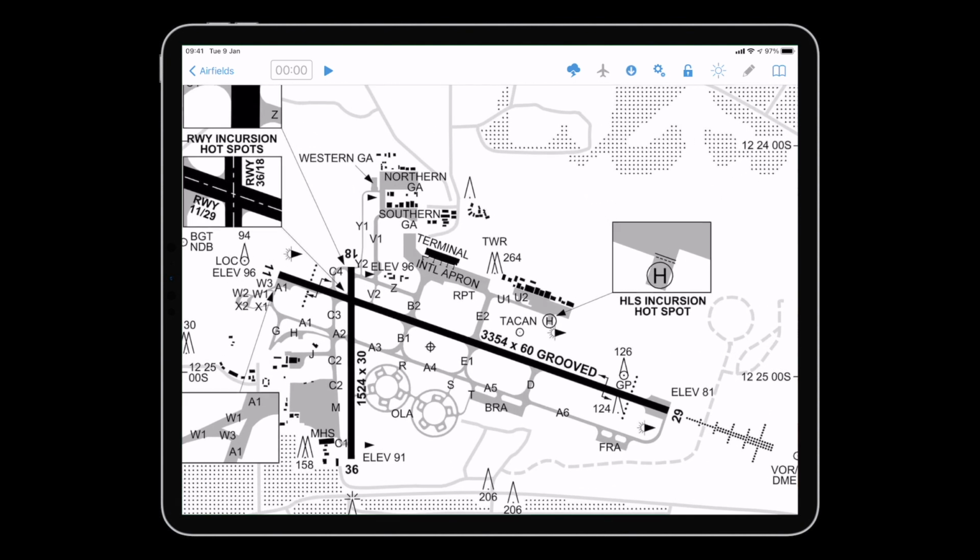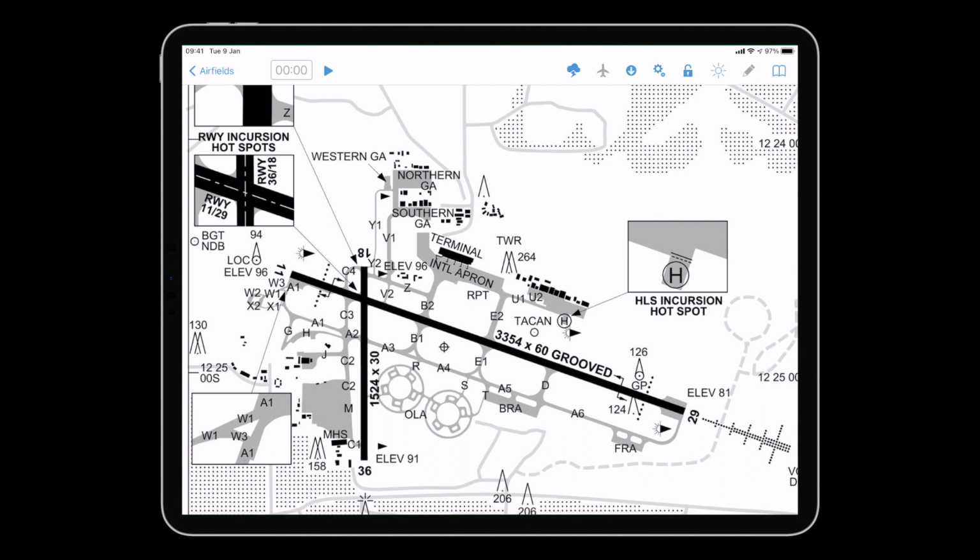So we've got the Darwin plate here, and you may be unfamiliar or just trying to remember where you're going to go. Once you get your clearance, we can just use this plate to draw a little line on it. Now we can either do this with our fingers, or you can use something like an Apple Pencil. Up the top right hand corner here, we've got our pencil mark, and we've got blue, orange or yellow, and we can simply say that we're here in the Northern GA and draw a line down Victor 1